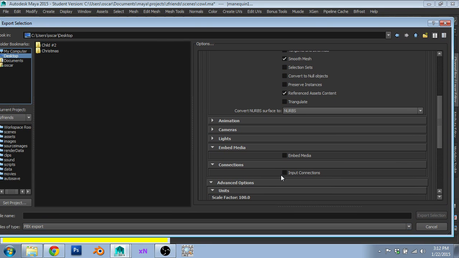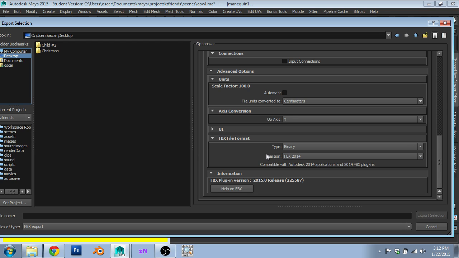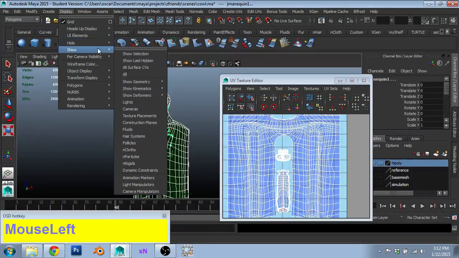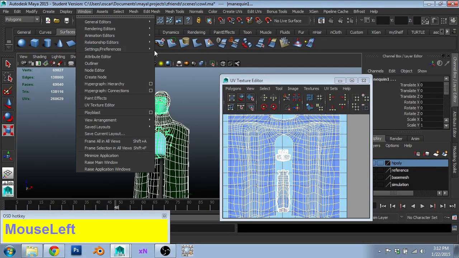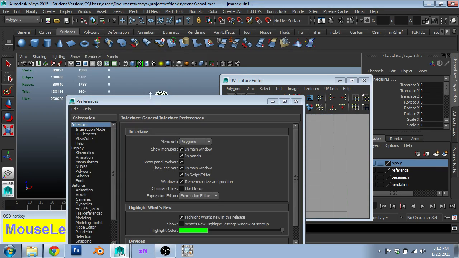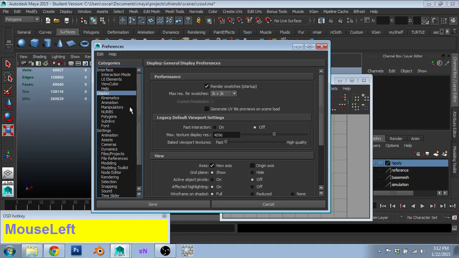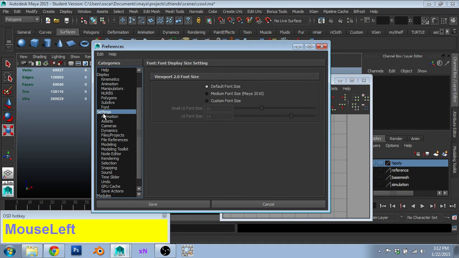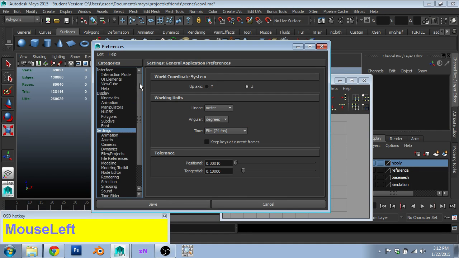So we want FBX, and I mentioned this in class, but the main thing you want to double check is your scale factor. So I am using meters. You can see that. Here, I'll cancel really fast. If I go to Window, Settings, Preferences, I've been modeling all of my stuff in real world scale, just to make sure I know what I'm doing. A lot of times people model in hundredth scale so they don't have to deal with this export problem later. But I have mine set to meter, and so I have to undo that when I export it, because when